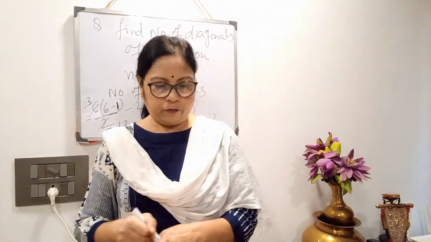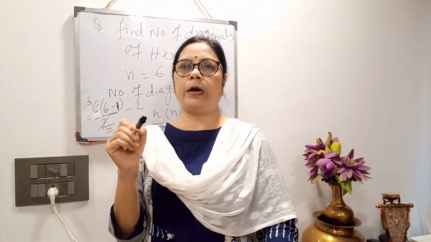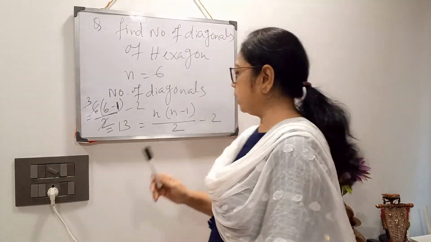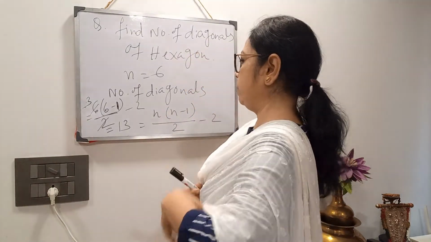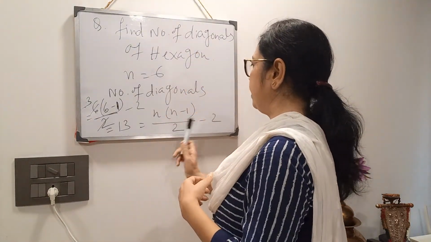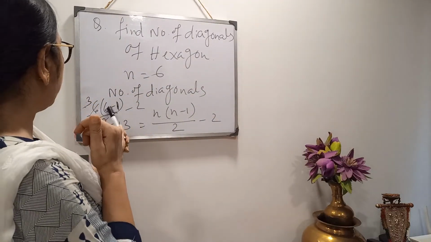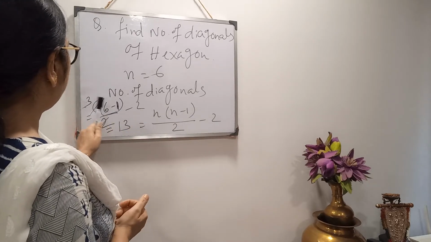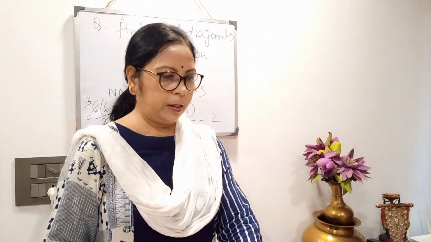Sorry students, in the previous video when I was writing the formula of the number of diagonals, if by mistake I had written n there, please change that and make it 2. In online class also I will give you a reminder that it will be 2, not n. It is my mistake, sorry. n is 6. 6 into (6 minus 1) by 2 minus 2. So 2 3s are 6. 6 minus 1, 5. 5 into 3, 15. 15 minus 2, 13. Clear?